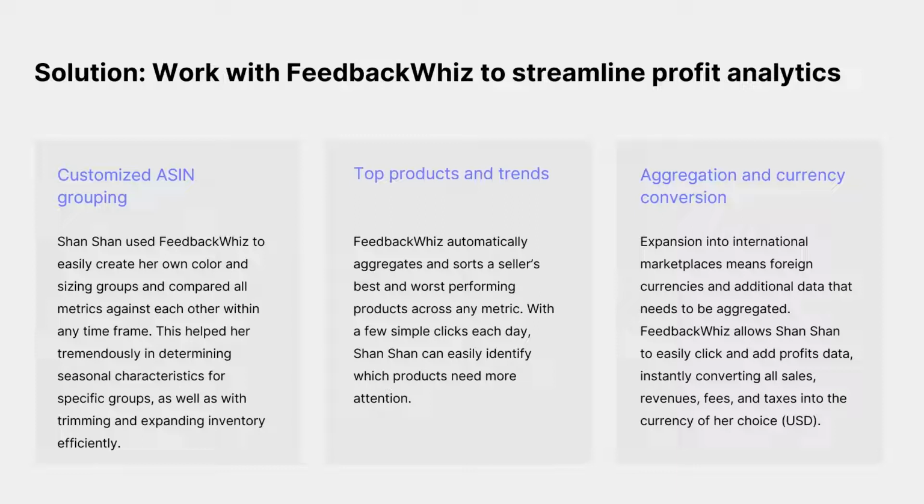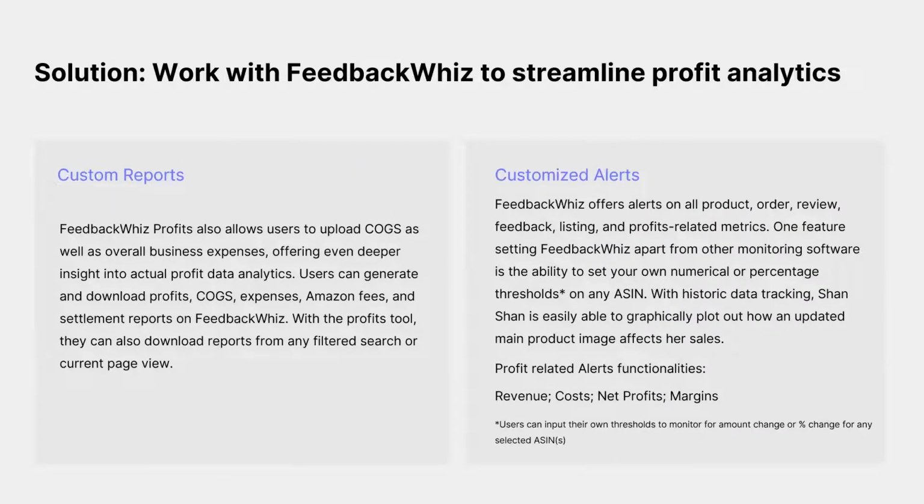So it's no longer relying on having to calculate things; I could just see it in a minute. And then you can also compare marketplace versus marketplace. So I can actually take my UK data or my EU data, translate that into US dollars, and then say, am I making money selling in those marketplaces, or does it not make sense to invest there anymore? Instead of blindly throwing a bunch of darts against the wall and catching what sticks, you can really weed out what is not working and grow what is working. So thereby allocating resources to be able to grow the business in the most profitable way possible. You also can create custom reports.